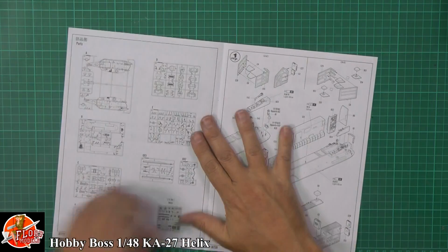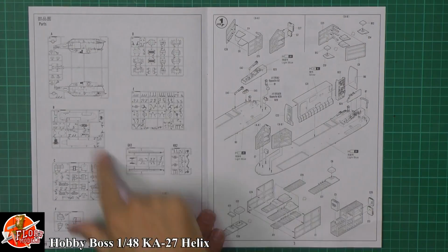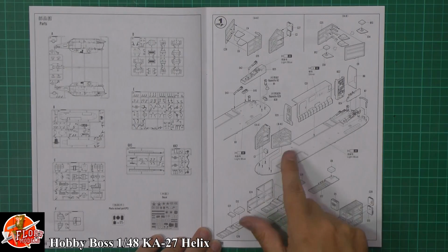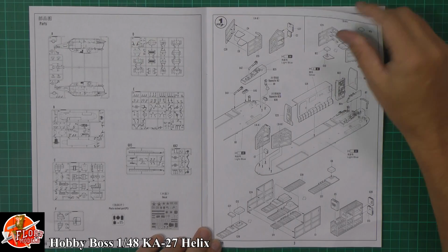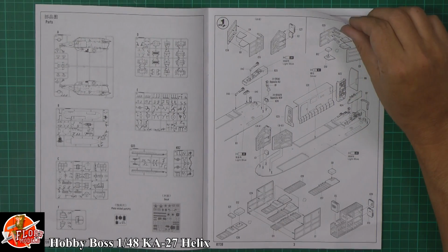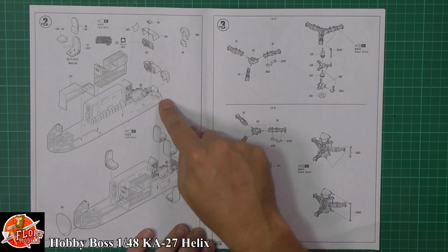So as we can imagine, the usual way with these, we just drop this down a little bit to bring it in. There we go. Parts trees, we do get a bit of photo etch as well, and your decals going through. Usual thing with a helicopter, you're going to be starting off with the cabin. Don't forget, this is an anti-submarine helicopter, so you're going to have lots of boxes and all the electronics gear in on this one. All of those going through, the cockpit area being finished off,